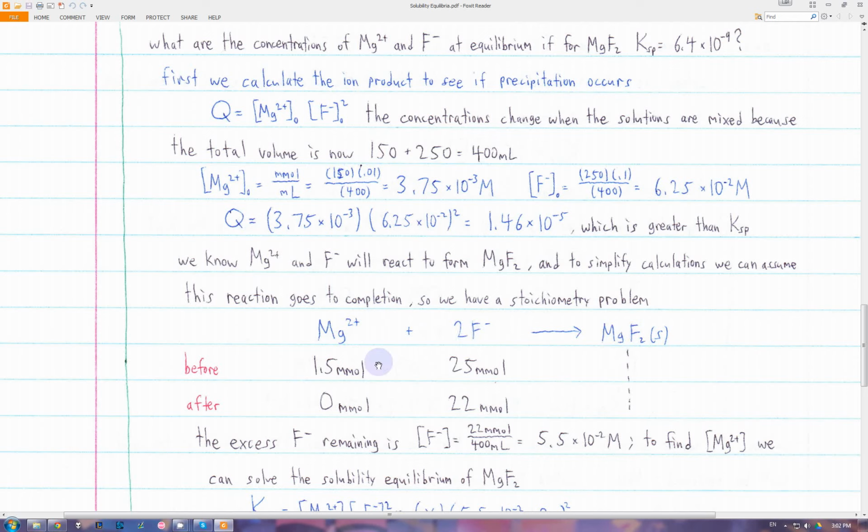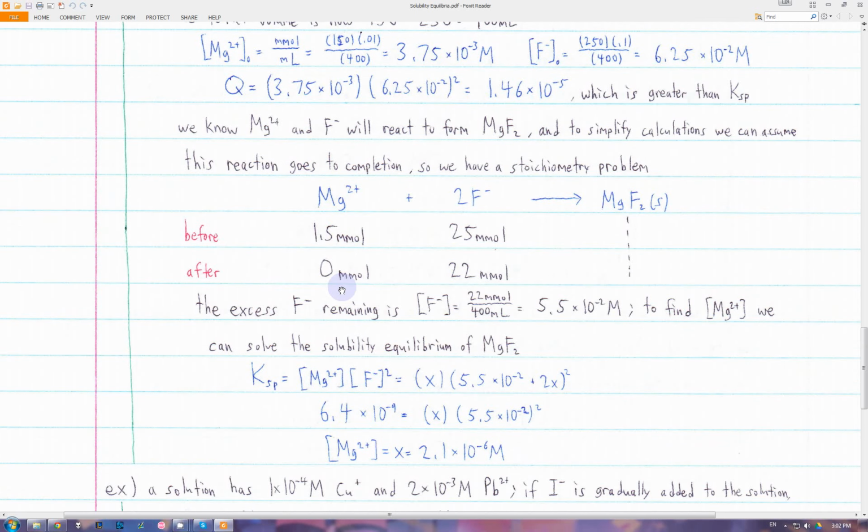So since it's the stoichiometry problem, we use the moles of each substance, not the concentrations. So again, we have 1.5 millimoles of magnesium and 25 millimoles of fluorine. Obviously, the magnesium is the limiting reactant, so it will lose 1.5 millimoles, and then fluorine will lose 3 millimoles, since it's in a 1 to 2 molar ratio. So all the magnesium ion is used up, and we have 22 millimoles of fluorine left in the solution after